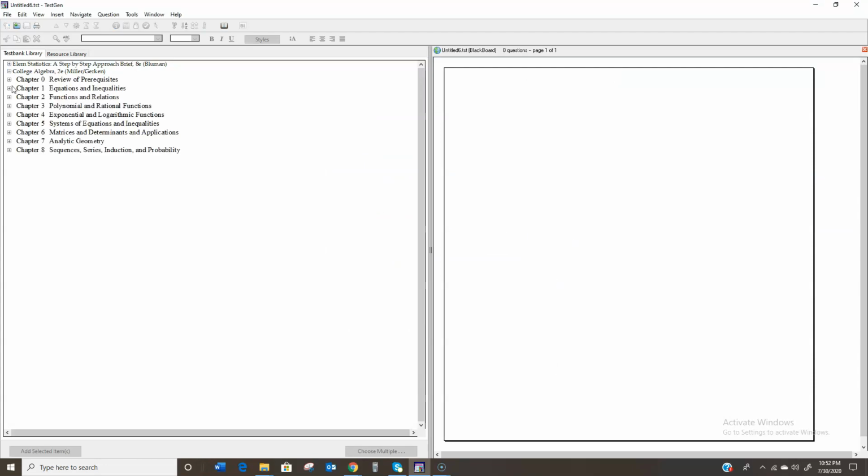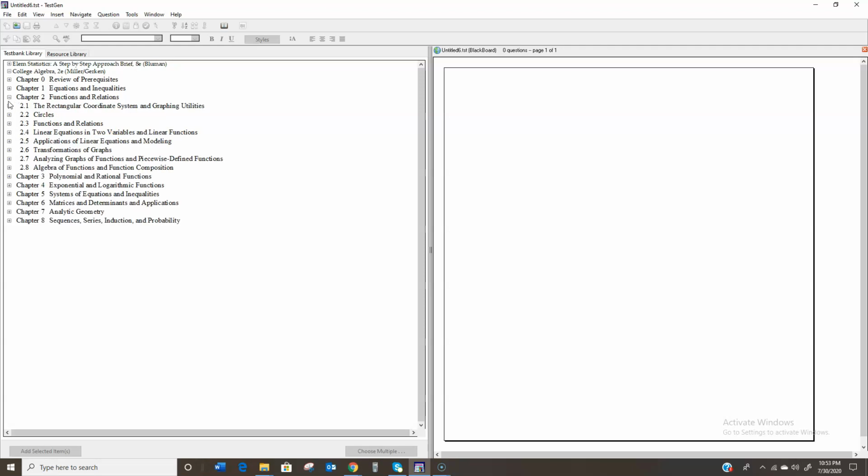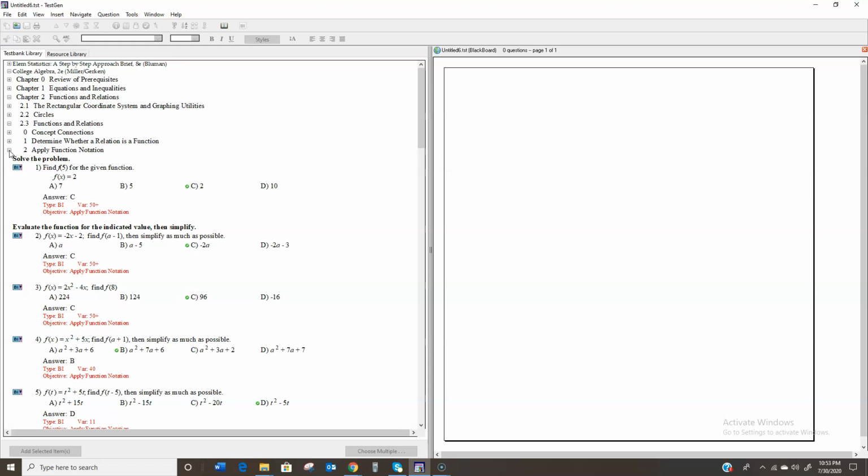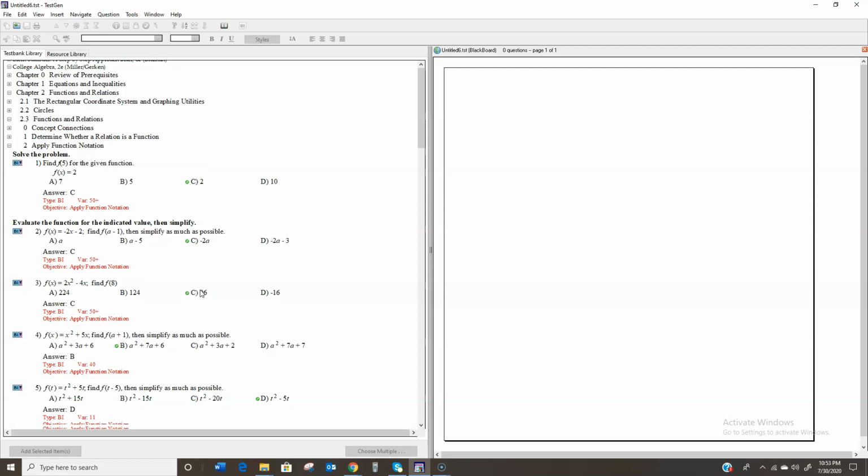And you're going to go over and open up your college algebra, and it'll have all the different chapters. When you open up a chapter, it will give the different sections, and then you click on which section. So say I want to do questions on functions and relations, and again, it just keeps drilling down until we get to questions that we want to put on the exam. So here are the questions. So I went to chapter 2, section 2.3, concept 2, which was apply function notation, and I have all these